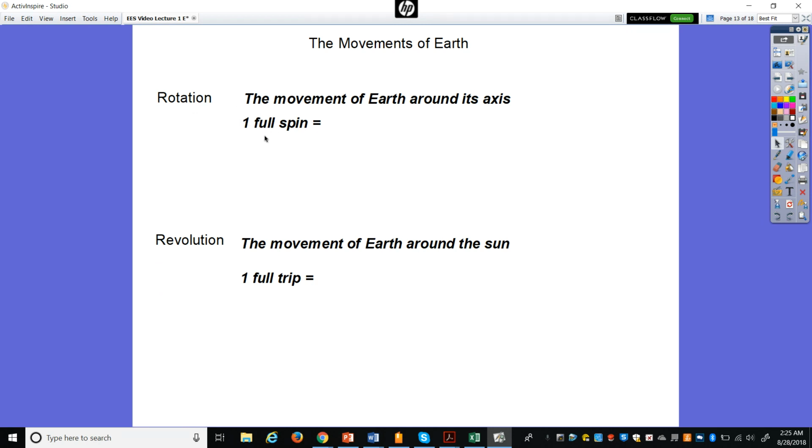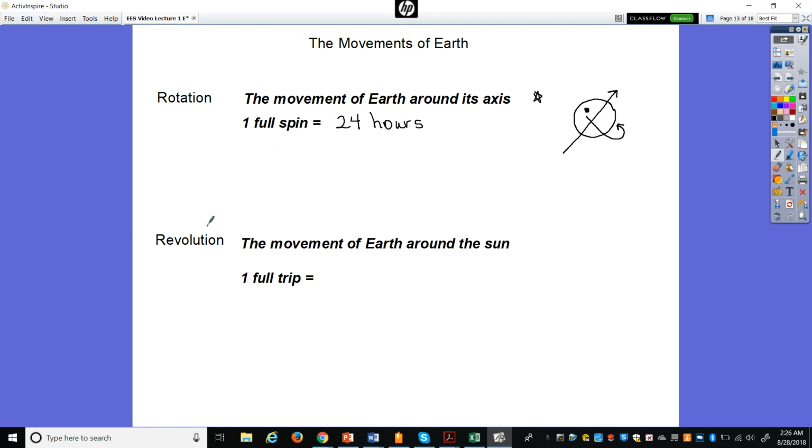So rotation is the movement of Earth on its axis. So if we have the axis here. Remember, that's the North and the South Pole, right? North and South Pole. And here's Earth, and it's the movement of Earth on its axis. So it spins. If we have the sun here, and let's say we're located right here, here we have day, and as it turns around to this side, as the Earth spins or rotates on its axis, when we're over here, now it's night, come around and we're day. So one full spin is going to be 24 hours.